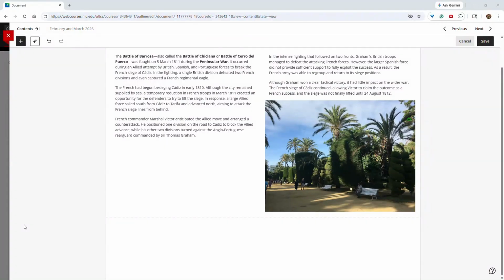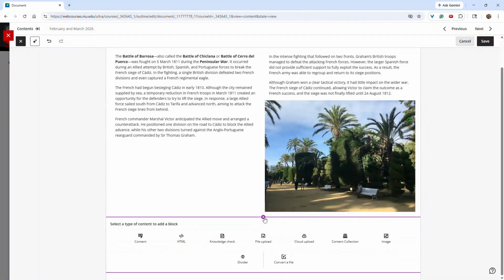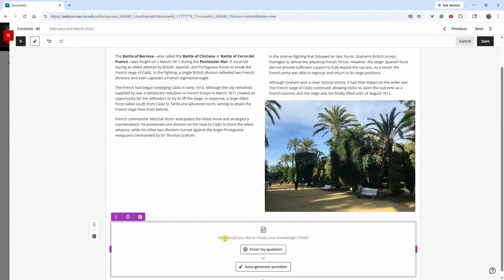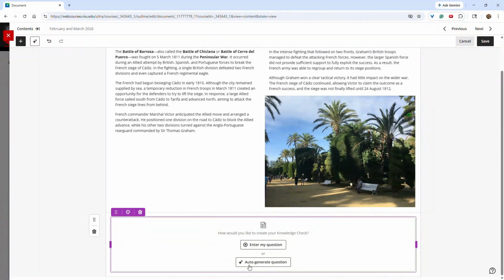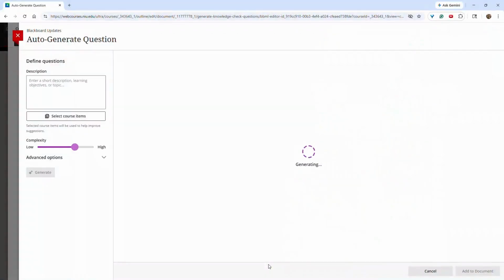Instructors can also create AI-generated knowledge check questions in documents. To do this, click a plus sign and select Knowledge Checks, and you will now see the ability to auto-generate question. If you click here,